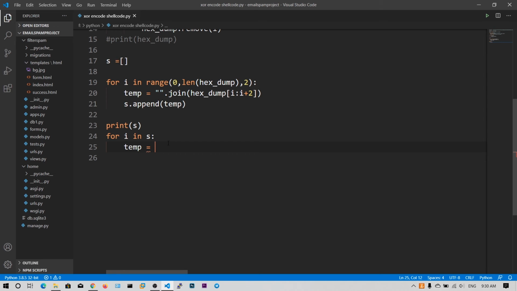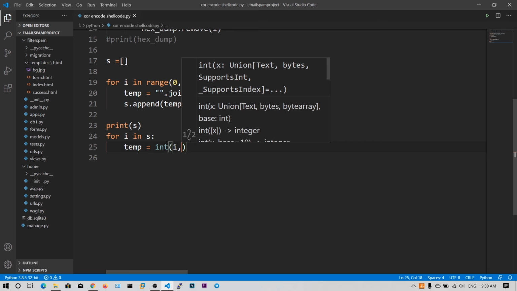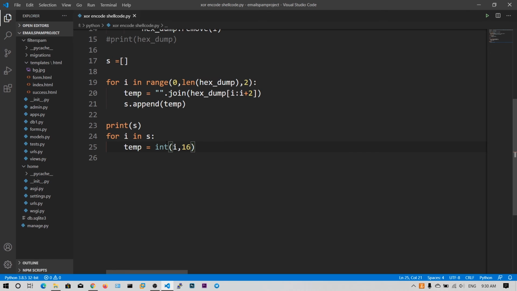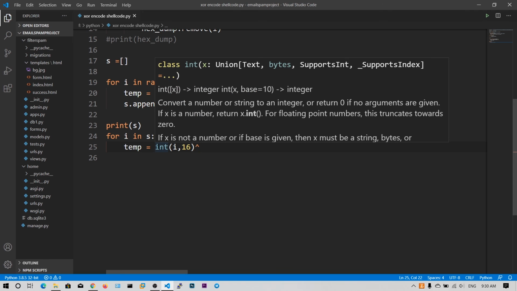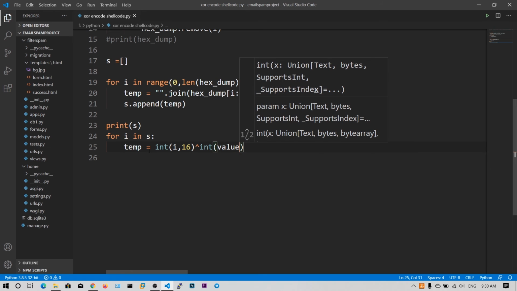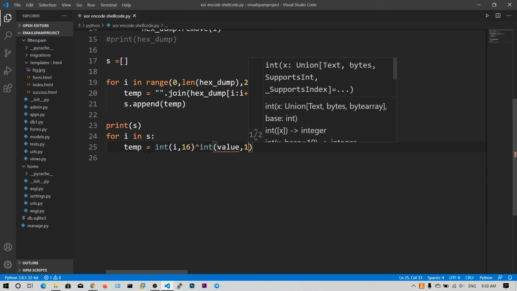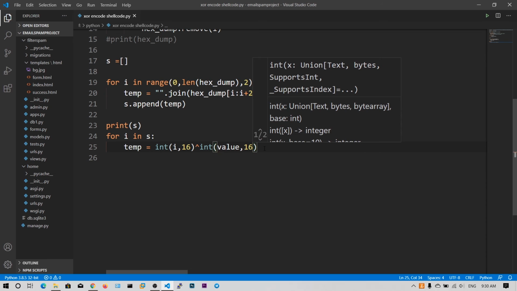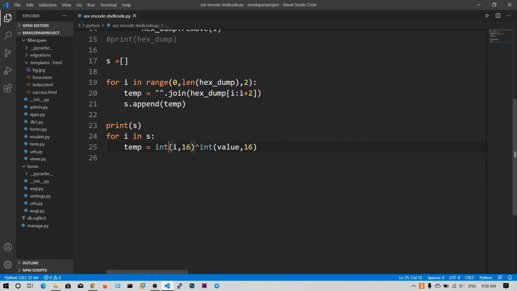To convert a hexadecimal into an integer, we say int of i comma 16, and the XOR operation in Python is the caret, and int of value comma 16. So we are changing the hexadecimal representations into integers and performing the XOR operation.